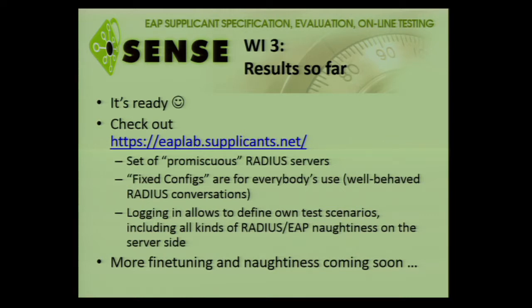And as we will tell you in the demo, if you choose to come, we already have outside people, not NREN space, making use of this. The author of WPA Supplicant uses this EAP-Lab already to test various things on his EAPOL tests and WPA Supplicant. So this is quite a success already, and we still have a couple of months to go in the project.